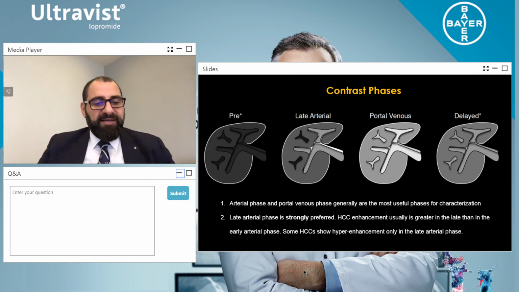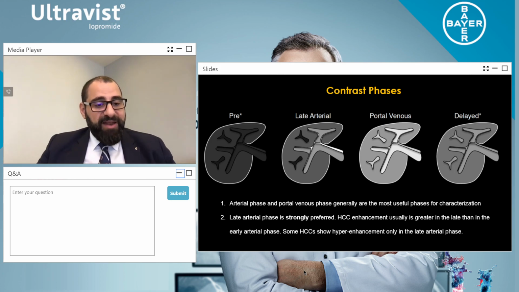Now, we have an excellent question from Lorraine Hood, which I know very well from Australia. Can you explain why 18-gauge cannula is preferred than 20-gauge? And given it takes 5 mils a second, the 20-gauge. Fantastic question. Lorraine, you're absolutely 100% correct. I mean, we would like to strive for 18-gauge for all contrast media injections, but 20-gauge is absolutely acceptable. Definitely it is. And thank you for that.